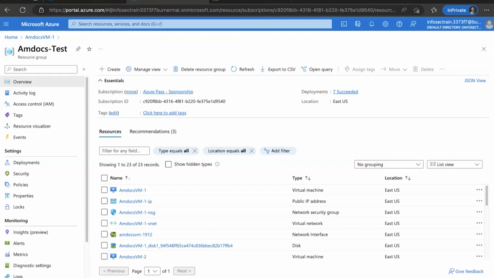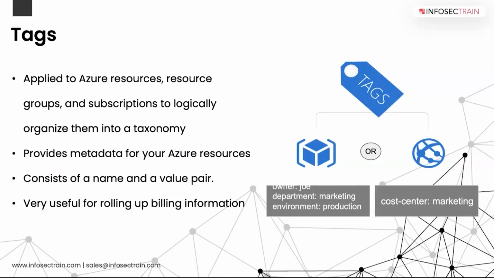Now, another one is organize your resources by using tags. As your cloud usage grows, it will be increasingly important for you to stay organized. Having a good organization strategy in place helps you understand the cloud usage and also helps you manage the cost over there, right? For example, you have a lot of resources now, which resource belongs to which group, which user, which team, all those kinds of things.